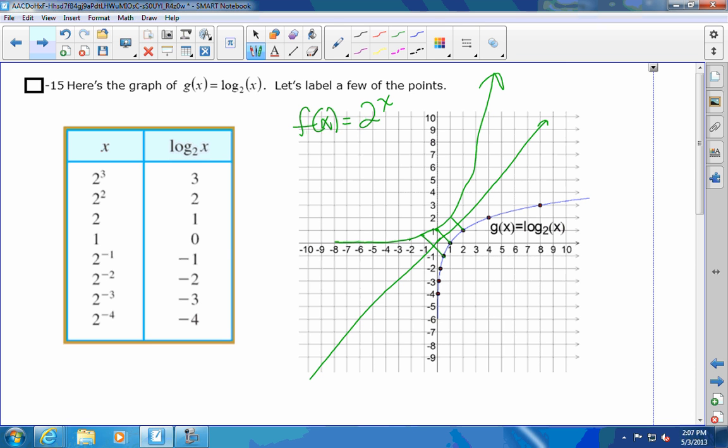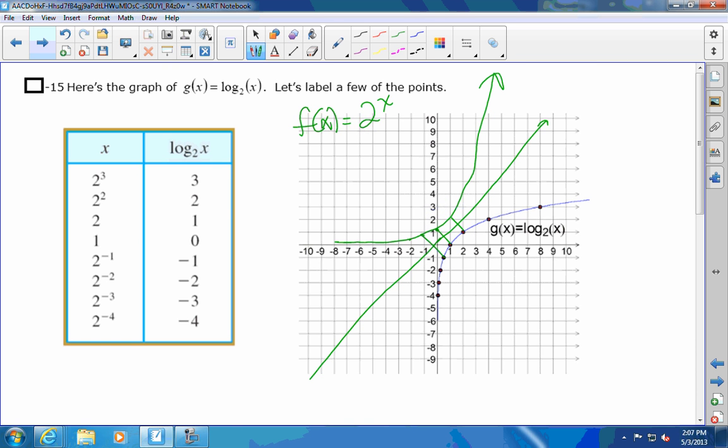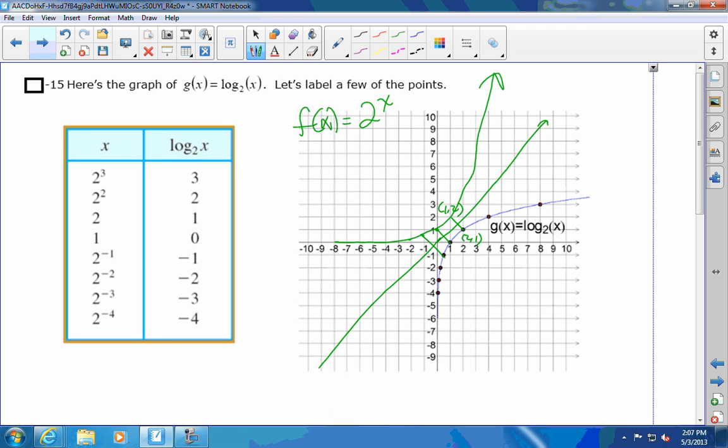So your log function, you can always tell the base of your log function too by looking right here. You go to y equals 1, and it comes back to 2. Because on your exponential function, this point here is (2, 1). The value on the exponential function, you reverse, and as long as your function goes through (0, 1), that value 2 is your base. So you always go to your 1 on your log function and you can find your